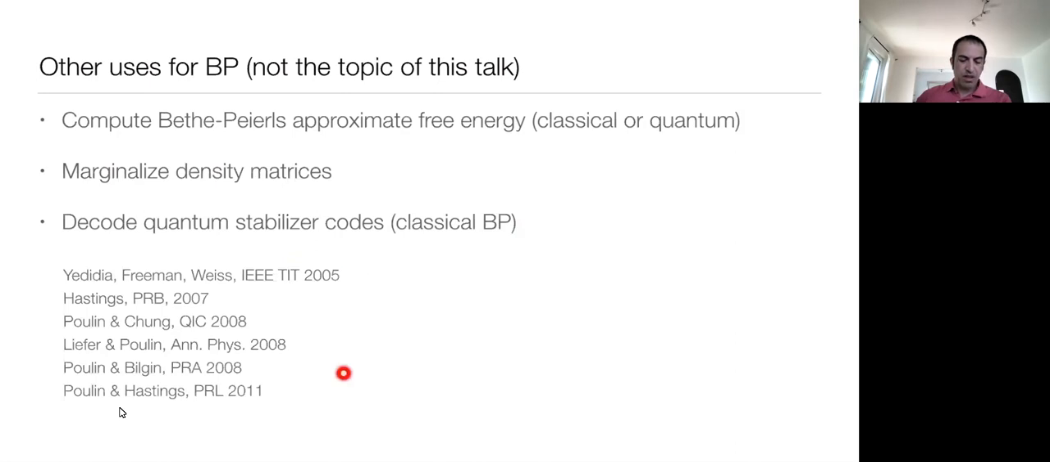Here are some of the references for these different topics. So this is actually a paper that I think pointed out that this Bethe-Peierls approximation, the variational optimizer, is found by the belief propagation algorithm. And the other ones here have to do with all of these topics, actually. Quantum approximations to free energy, marginalization of density matrices, and actually none of these deal with decoding quantum stabilizer codes. That's a pretty standard thing that people look at, but it's not listed here. Okay, so